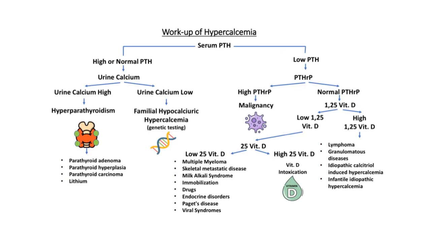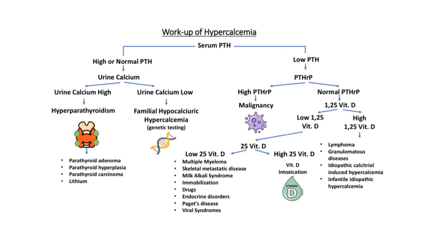With low PTH level, the commonest cause of a low PTH level with associated hypercalcemia remains elevated PTH-RP levels, but these are mostly seen in malignancies, which are usually in an advanced stage, usually with metastasis. So the underlying disease in these cases is quite obvious. If you have a low PTH with hypercalcemia and a normal PTH-RP level, you can think of other causes like